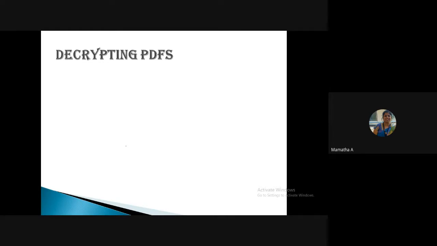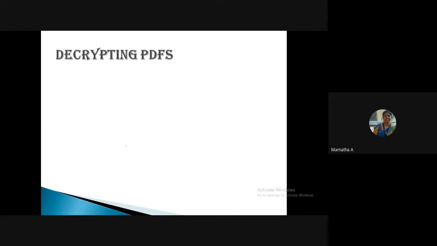How do you protect your document? If your PDF is very much to be secured, what do you do for that? Any idea? Password. You just put on a password.